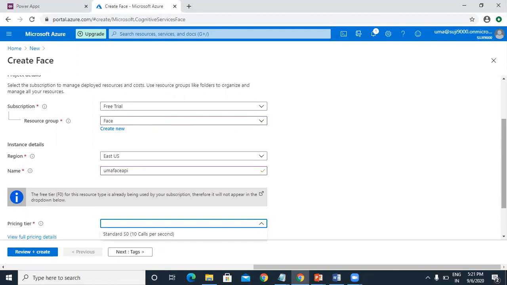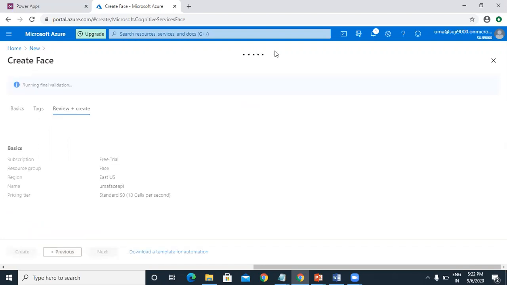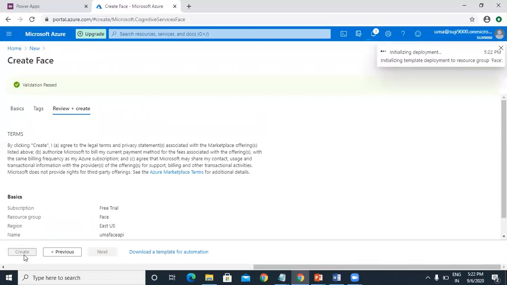I'm selecting the standard pricing tier, then review and create. Validation is done, so now we can create.